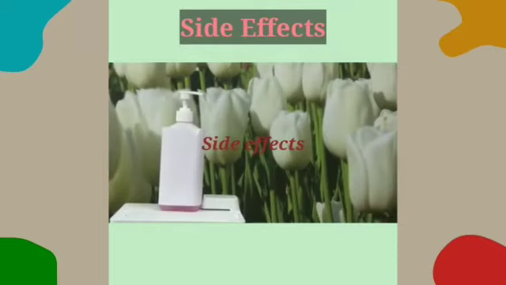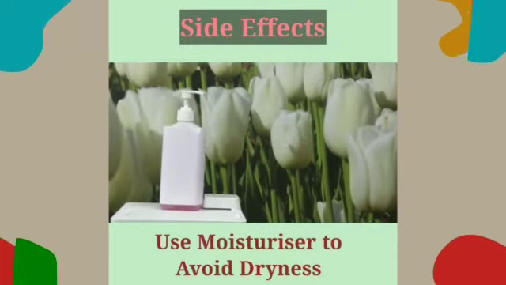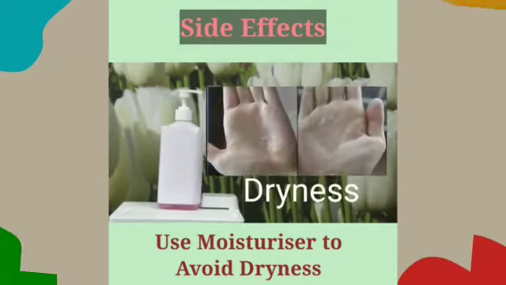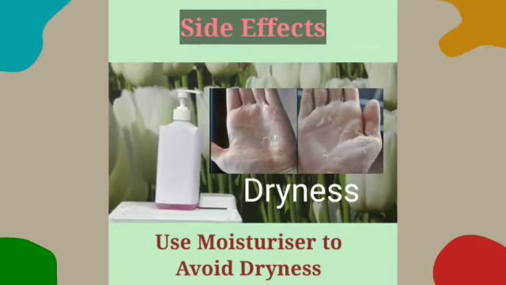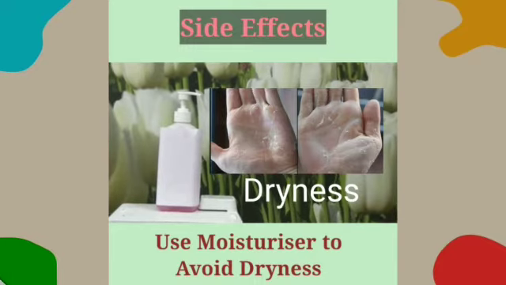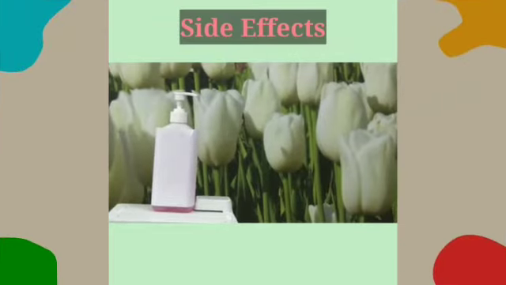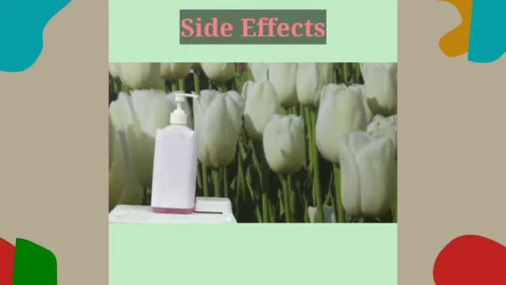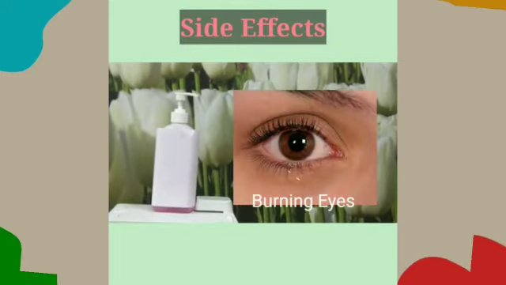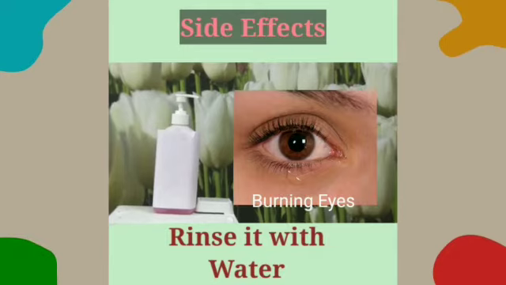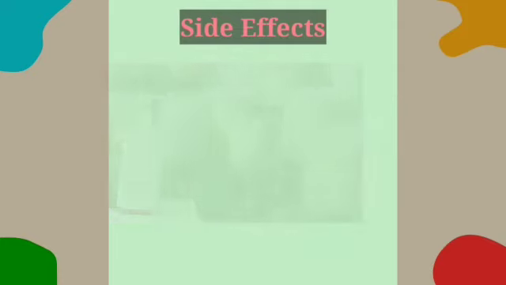What are the side effects which you will come across while using a hand rub? The main and most common one is dryness. For this, you have to apply adequate amount of moisturizer. Suppose in your house you do not have a moisturizer, then you can even use oil or ghee and adequately moisturize yourself. The second side effect which bothers everyone is when sanitizer goes into your eyes. Nothing to worry if the sanitizer goes into your eyes. You have to wash it continuously for at least 15 minutes with fresh water.